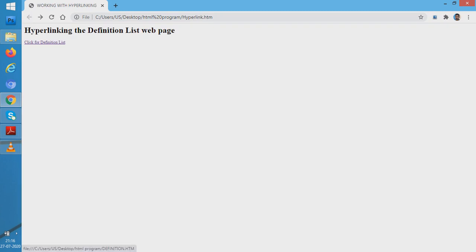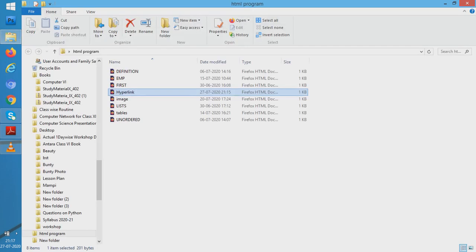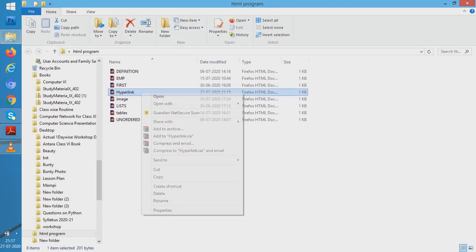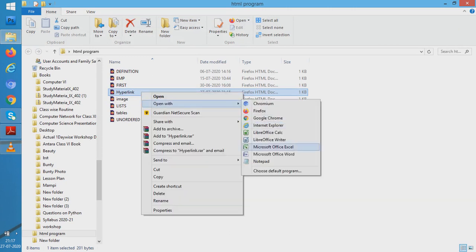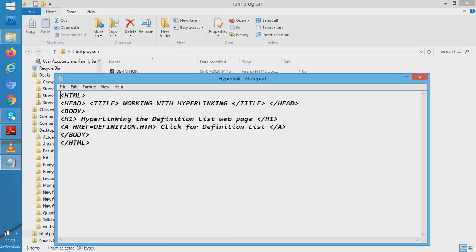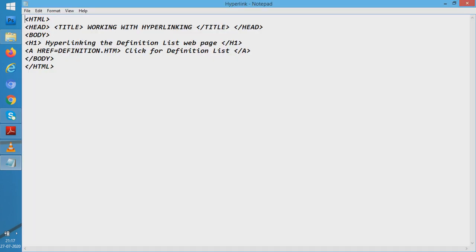Let us go first to see the change in the color, how we would be changing this color, and then we'll go to link some more pages. So let us close it and go to Notepad for opening the hyperlink page. And how do we change the color? See, it all lies here. This is body. Here we have some attributes which we can write. Let us write link. Let us say link is equal to blue.